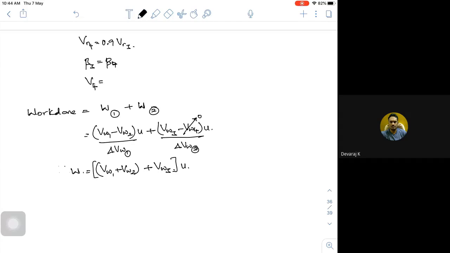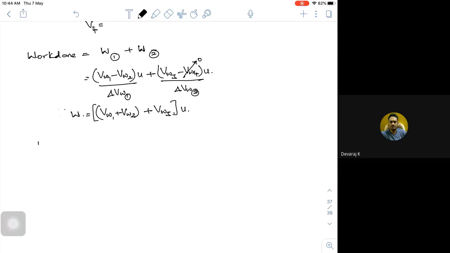So this will be your work done, W, for the two-stage machine. Then what is the blade efficiency? The blade efficiency is given by work done divided by the inlet kinetic energy, that is V1 square by 2. I am looking only at energy, not in terms of head. If it were head, it would have been V1 square by 2g. Now it is in terms of energy, so V1 square by 2. Whatever value of W you get, divided by, V1 they have given as 500, so 500 square by 2, 500 into 500 by 2.